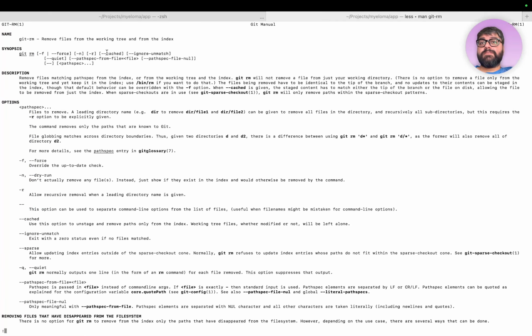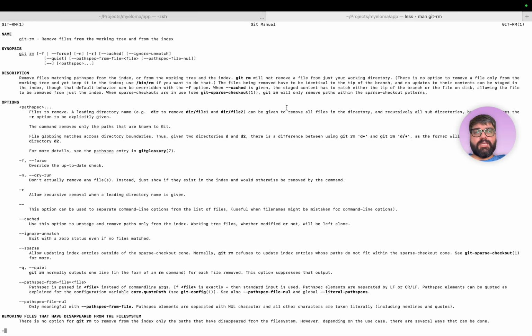Git rm, remove files from the working tree and from the index. Remove files matching pathspec from the index or from the working tree and the index. Git rm will not remove a file from just your working directory. There is no option to remove a file only from the working directory and yet keep it in the index. Use /bin/rm if you want to do that. The files being removed have to be identical to the tip of the branch, and no updates to their contents can be staged in the index, though that default behavior can be overridden with the -f option.